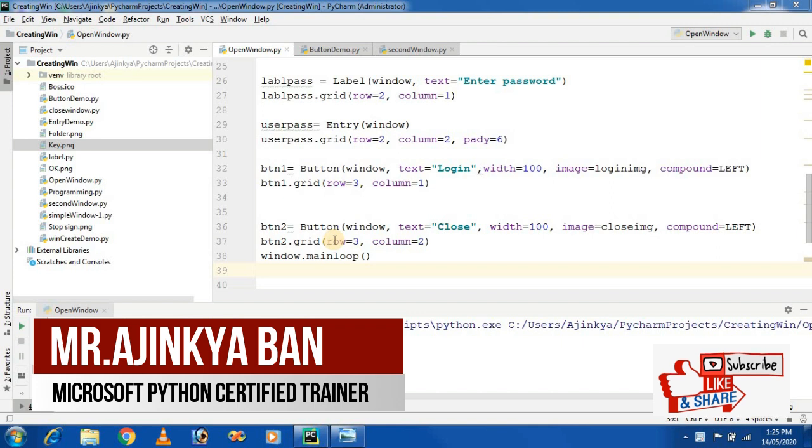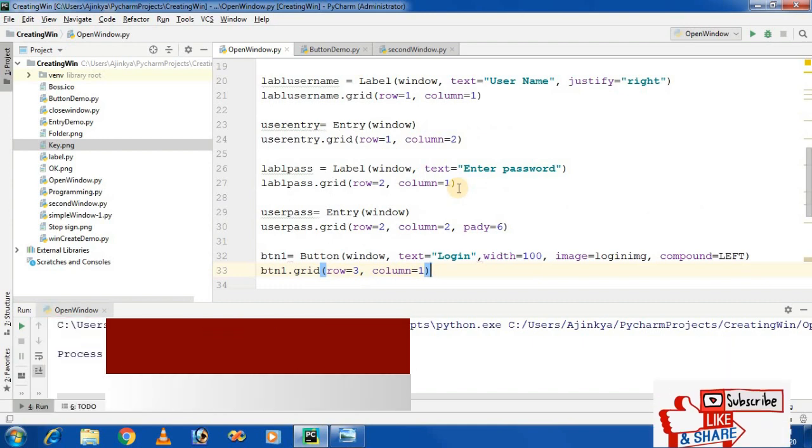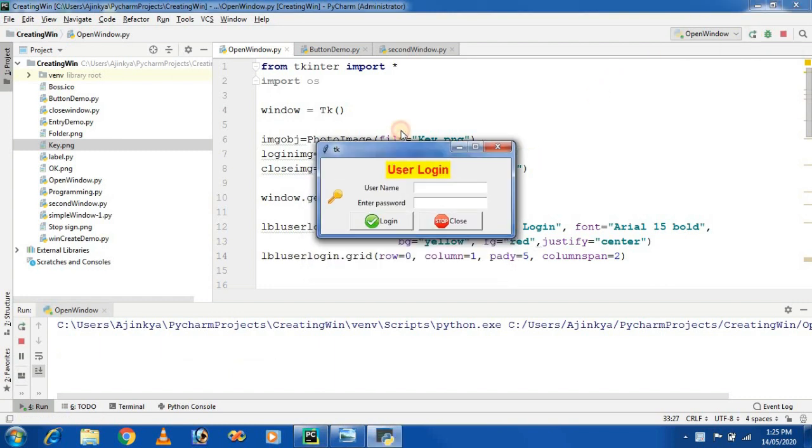In the last video, we saw how we can hide and make visible a form by using the withdraw and deiconify methods. So in this video session, we will discuss how we can create a login form. First, designing the login form. Let's look at it this way. We create a login form. I am giving you the output. So run the project, and this is a login form.